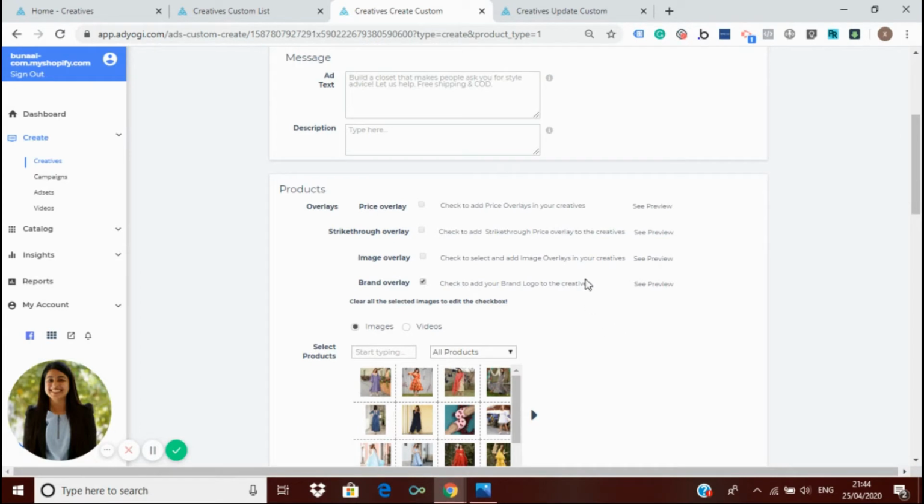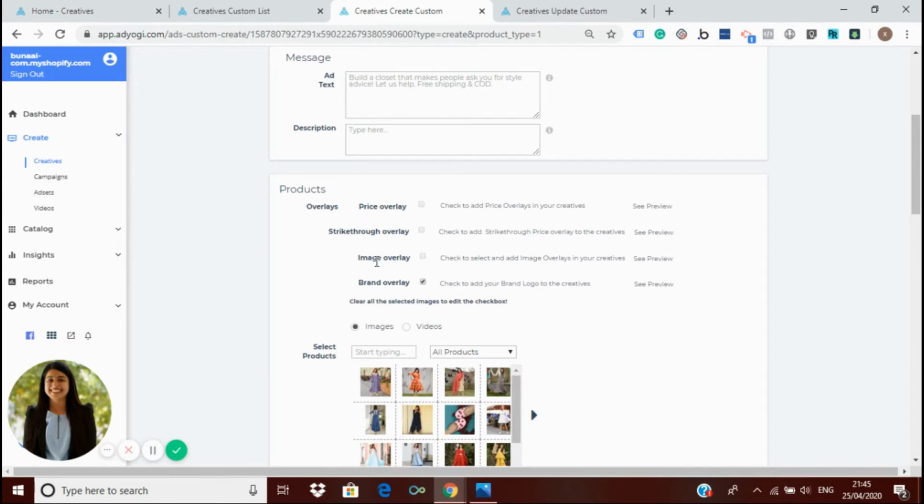So we have one new feature called overlays. From here you can add overlays to your images. Overlays can help you to place a banner on the ad. Often when you are struggling to compete with similar looking posts, consider using overlays, as this breaks the uniformity and makes it easier to catch users' attention. Since it refreshes the creatives, it is a good way to avoid ad fatigue for the targeted audience.